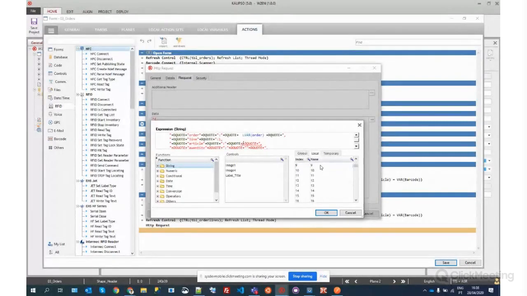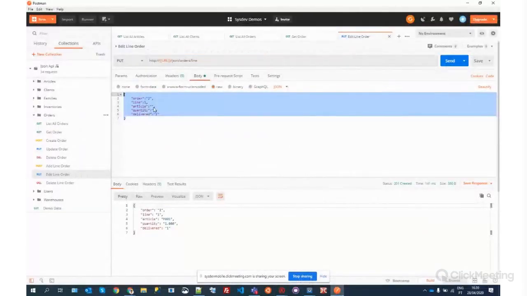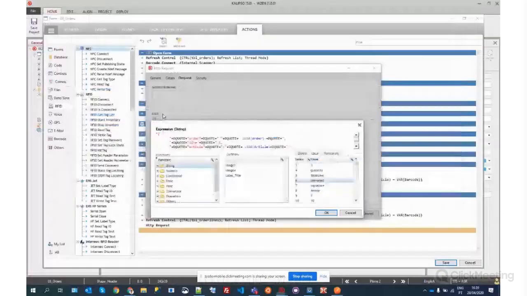It's this one. Quantity. We don't need to send that, but we can fetch that quantity. And we also have delivered. See, so this is one way to create a JSON to send it to the web service. I will leave the line as 1 like that because